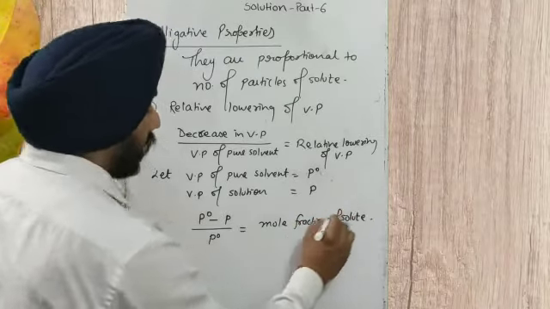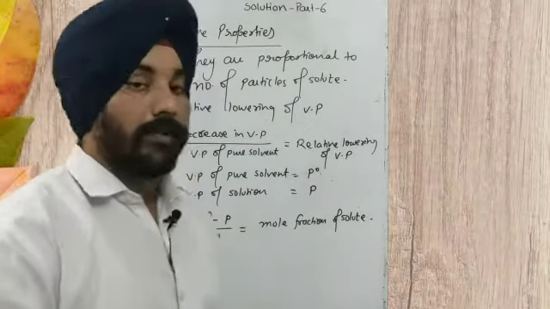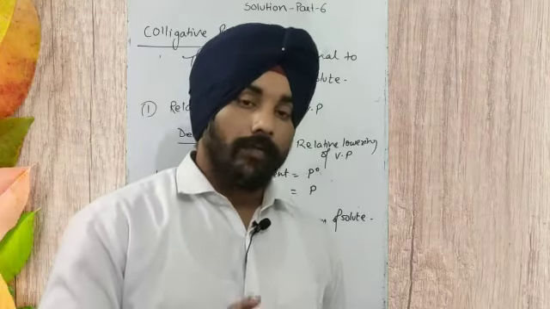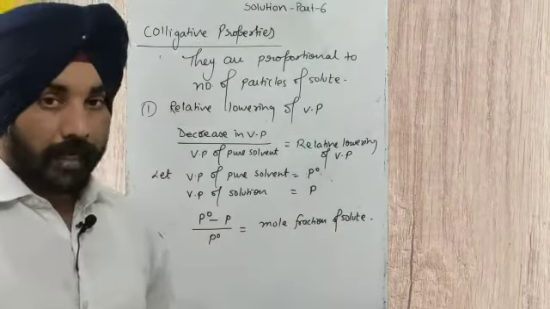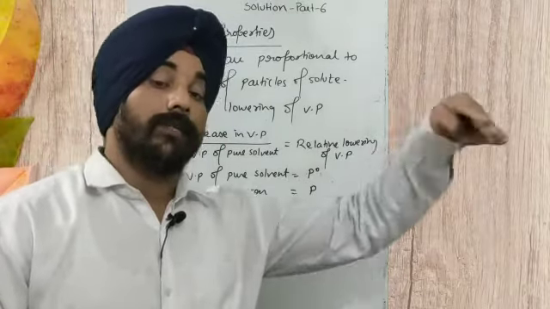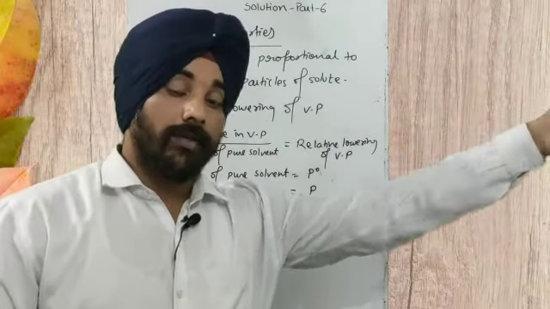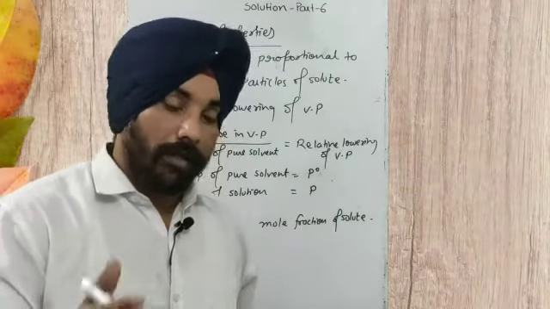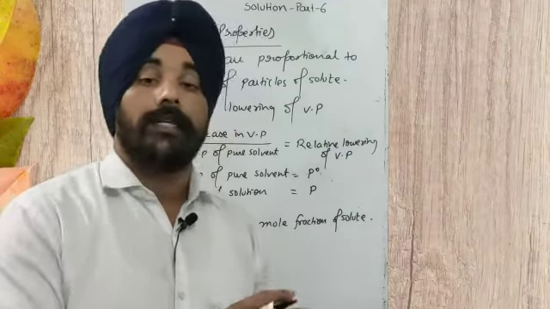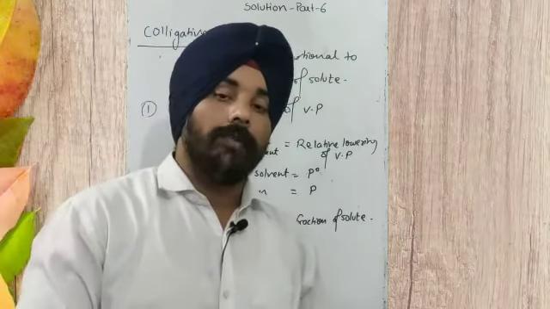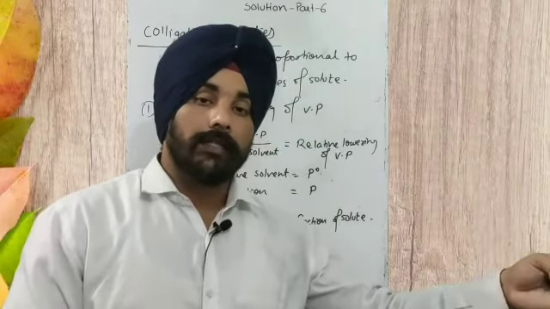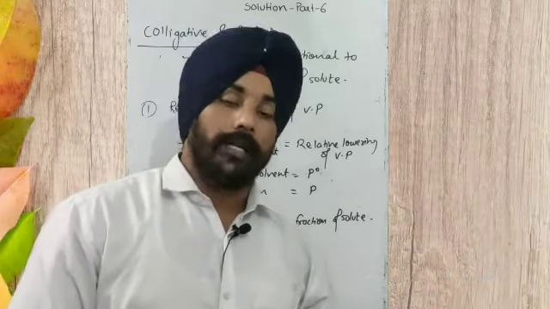That I explained in the last video. Again and again I am telling you, in the last video I explained everything. You have to see that video for the recap of this lecture, because this lecture is totally based on the last video, and the last video was based on the second last video. You have to see all the videos related to the solution chapter, because all are very important. It is a numerical part, and numericals will surely come from this chapter. At least 2 numericals you will get from the concentration part and from the colligative properties.